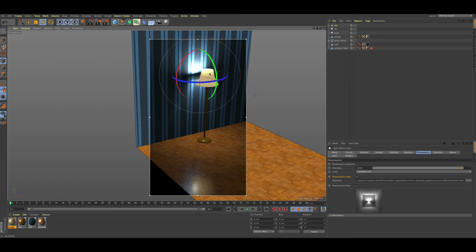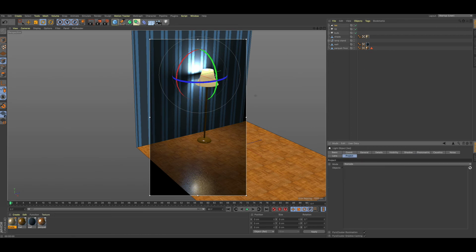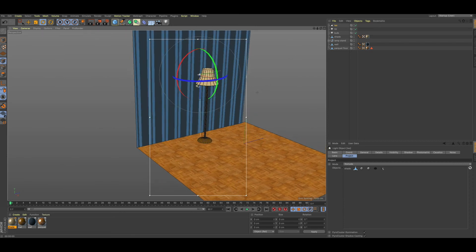However, I don't want that light affecting my lampshade, so I'm going to go to the IES light, go to Project. I'm going to exclude the shade. So I'm going to take my shade and drop it into the exclude box. So now the light of the shade is being generated just by the backlighting shader and the light inside of it. Now, in my opinion, this is too bright for this to look like that light is generating it